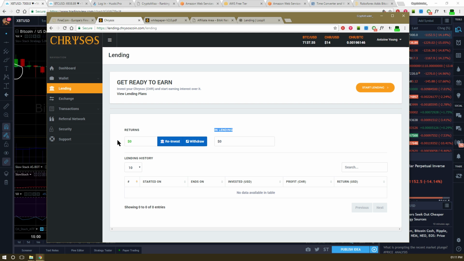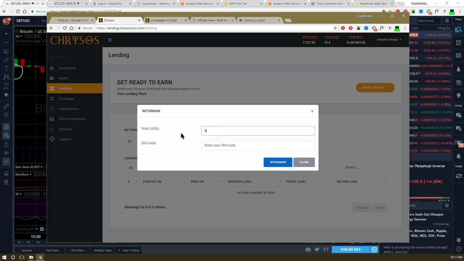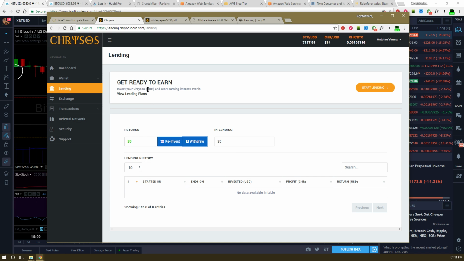Now, if you get USD returns, when your lending money comes to you in USD, and you put the amount you want to withdraw in USD right there, and then you put your 2FA, and you hit withdraw, it changes and converts them into Chrysos coins. So that's why you see I have 11 Chrysos coins right now.